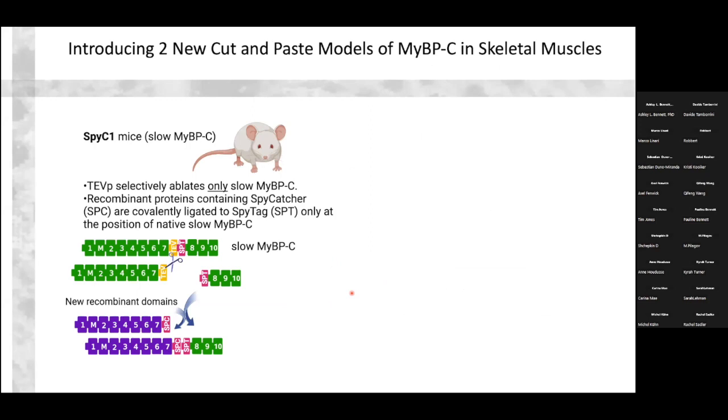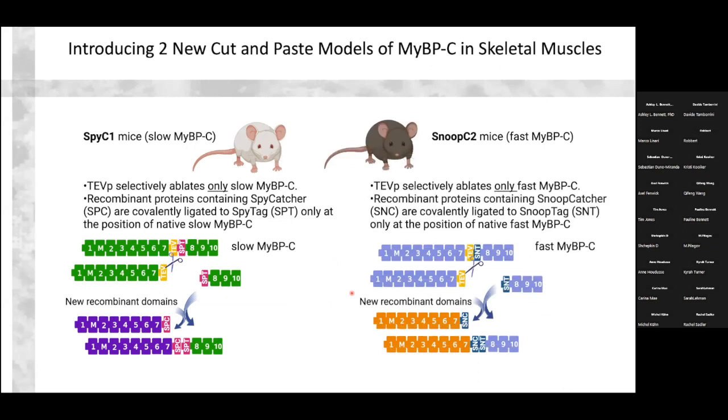So I want to introduce two new mouse models that we have in the lab. Some of you might be familiar with our cardiac mouse model, but basically what we've done is develop lines of mice that have a TEV protease site in them, as well as they carry a cassette for either a SPY tag or what's known as a SNOOP tag. So SPY and SNOOP are